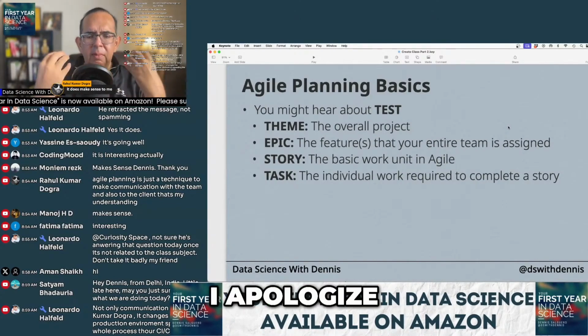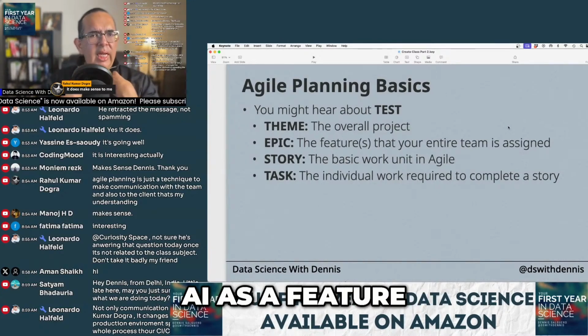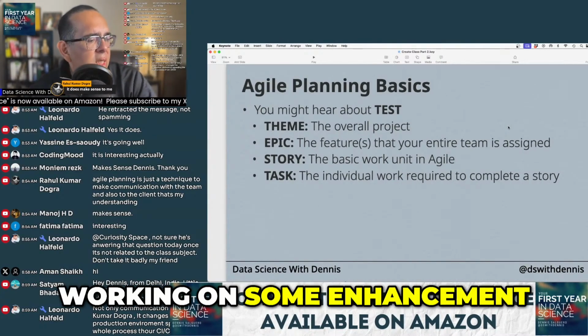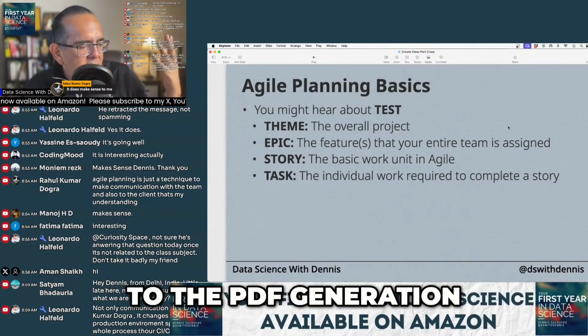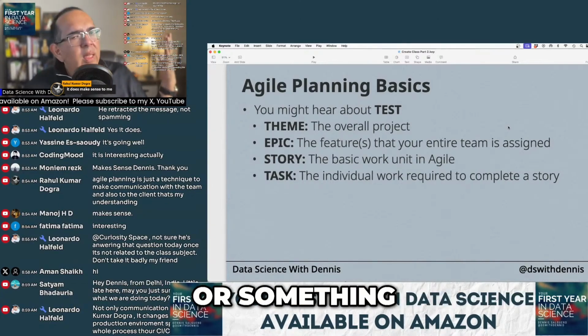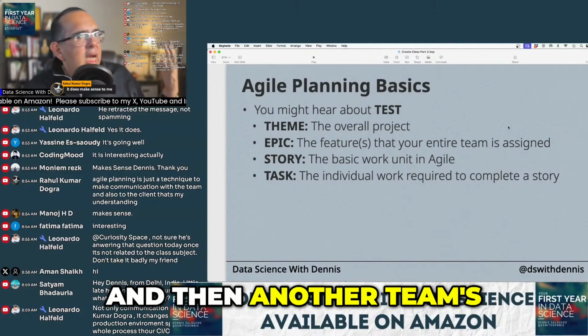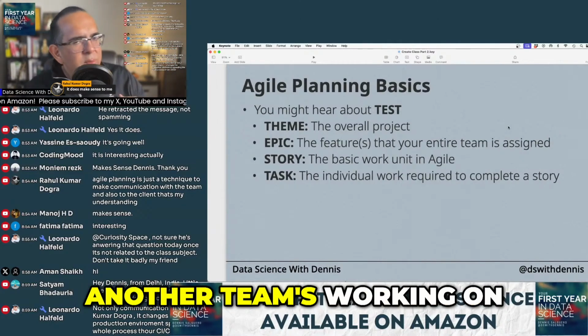But then there might be another team that's working on some enhancement to the PDF generation or something, right? And then another team's working on another feature, another team's working on another feature.